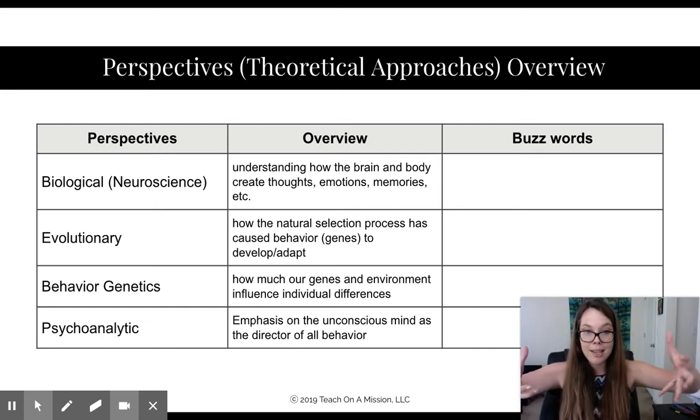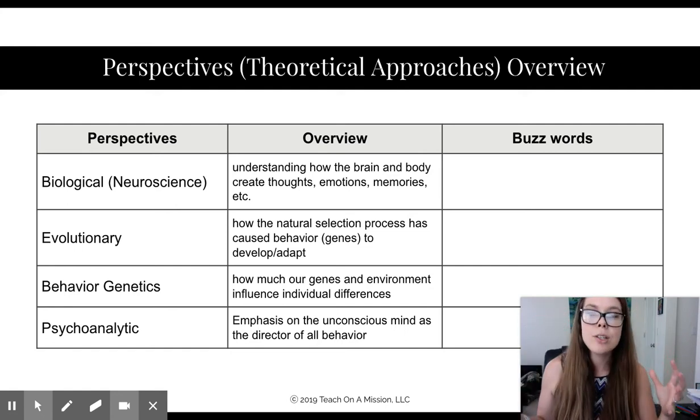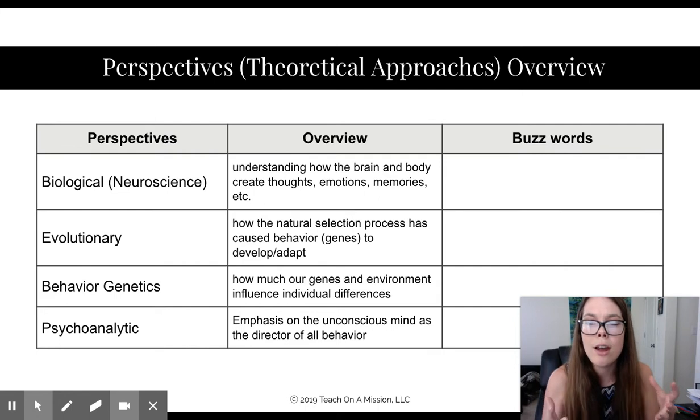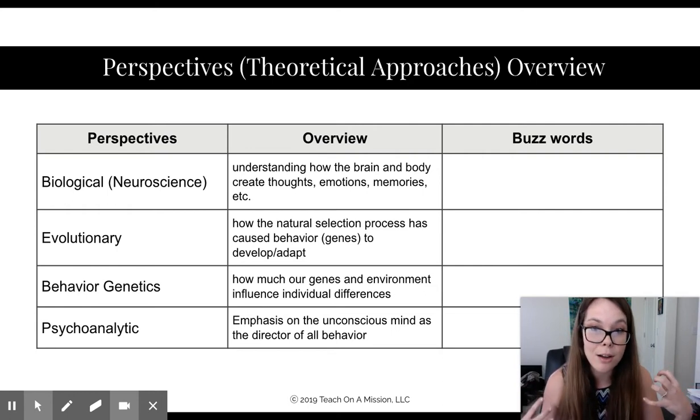Next up on our lenses, we have the evolutionary lens. So I'm putting on a new lens. And psychologists who look through the evolutionary lens look at how natural selection causes behavior and how we adapt, right? So right now, evolutionary, there's a reason. So for example, why do we sleep at night? An evolutionary lens would say, well, back in the primal ages, our predators came out at nighttime. So there is an evolutionary way to explain why we sleep at night. So we're trying to protect ourselves and not be out during the nighttime when we could possibly get hurt. That would hurt our survival, right?